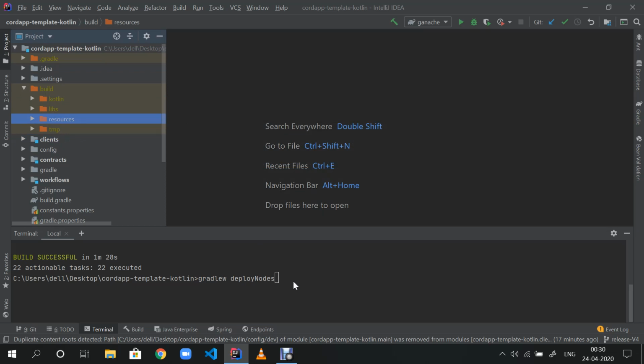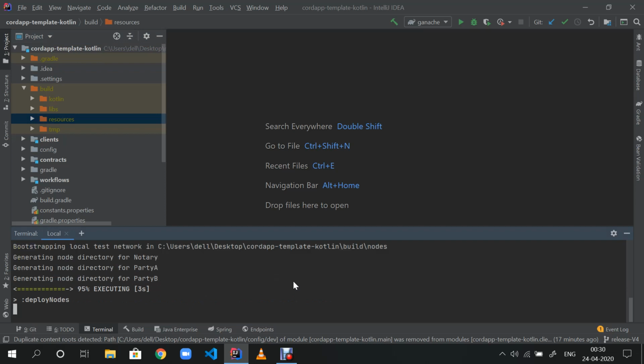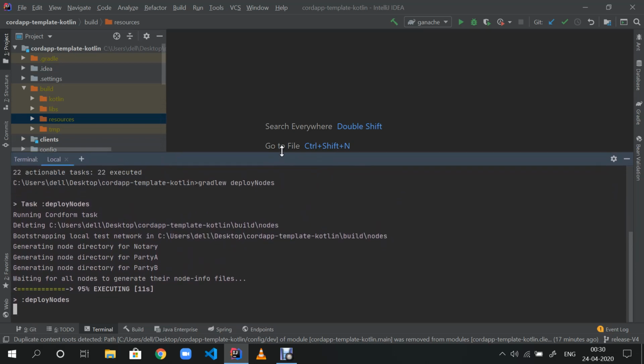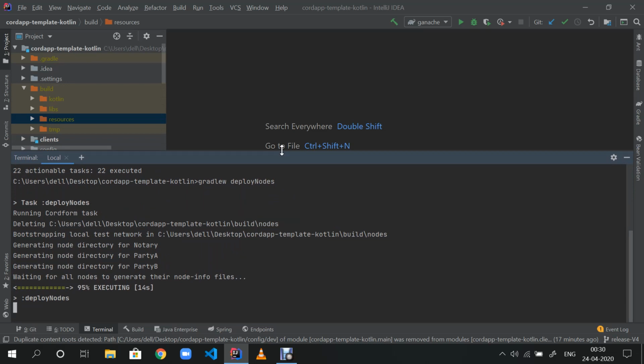So when I do deploy nodes, I'm just waiting for another folder to be formed. Then I will explain what deploy nodes is doing.